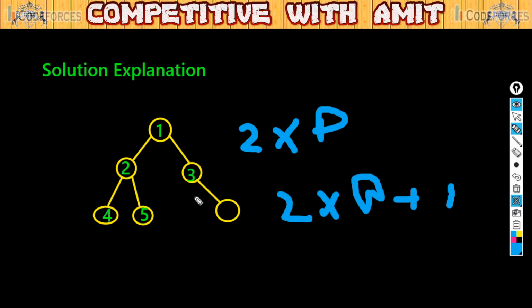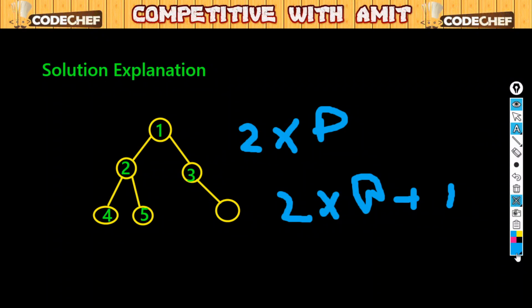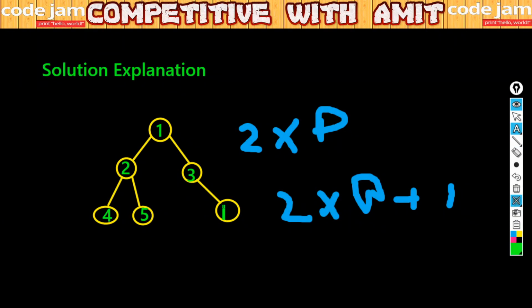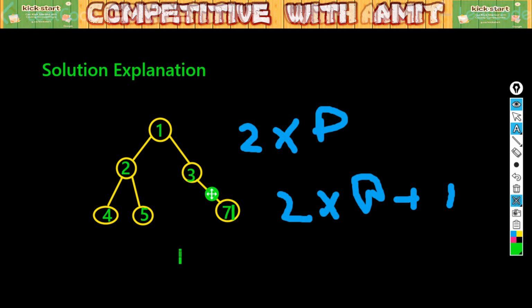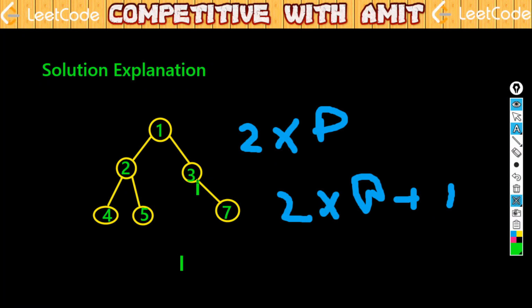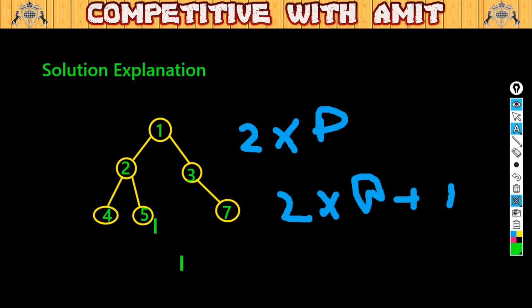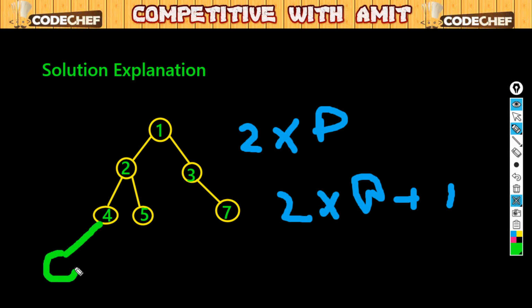is 5. Now if we have to find out for this, what it will be, according to the formula, it will be 7. Why 7? Because 2 into 3 is 6, and 6 plus 1 is 7. Now if we want to find out for more leaf nodes, so what it will be,